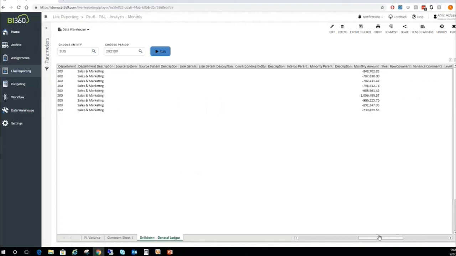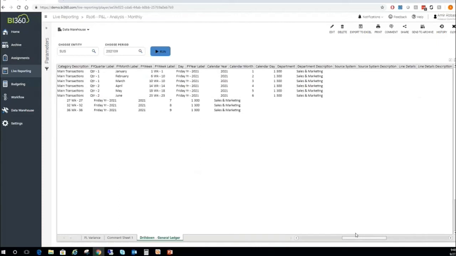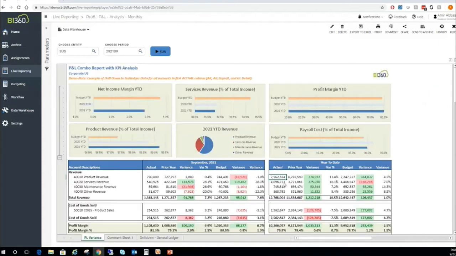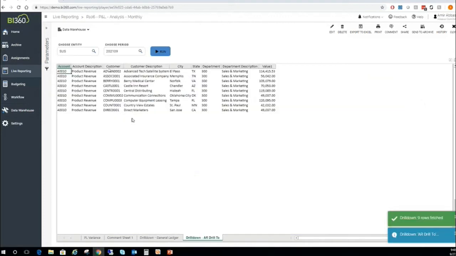And I can see all of the transactions. And of course, if I do a more detailed drill down, I can see things like journal entries, batch numbers, etc. Now, interestingly enough, because you bring in data and we structure it in a way that makes it relational, and you have operational and such data all sitting in one place, you can also build your own custom drill down. One good example of that here is if I'm looking at my product revenue, I might want to build a drill down to my AR table here, and I can see exactly which customers and where they're located and